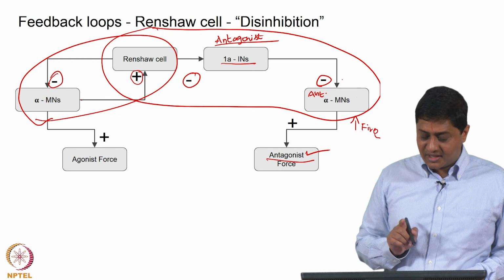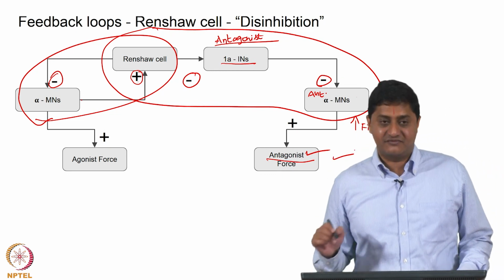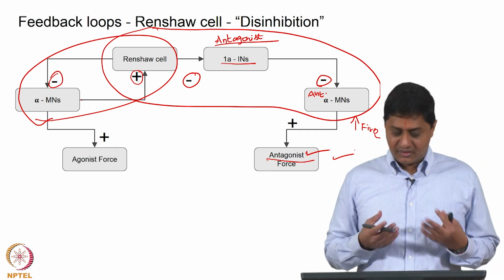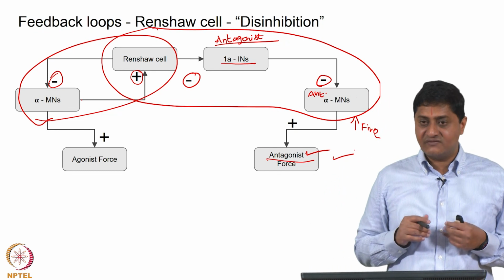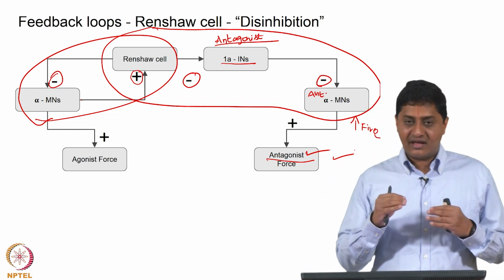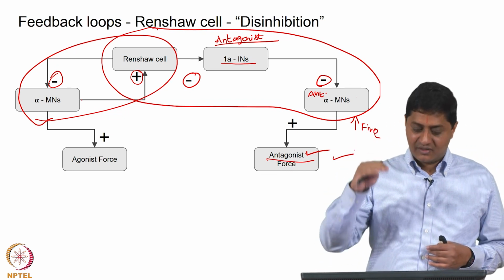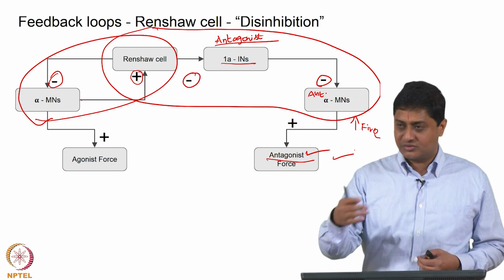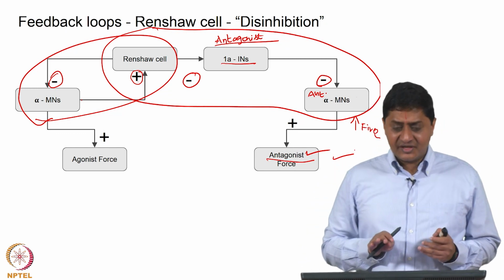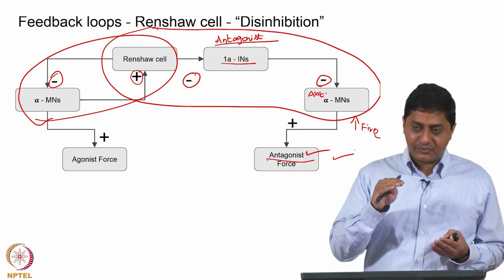This is negative because it is activating the antagonist, in that sense it is negative. Okay, so one more level of hierarchy in which negative feedback appears in this. So, balance in this system appears or manifests at multiple levels. By the way, we are not done, there is more to this story. With this, at least we are able to realize that there are 2 or 3 levels at which it is happening within the spinal cord.